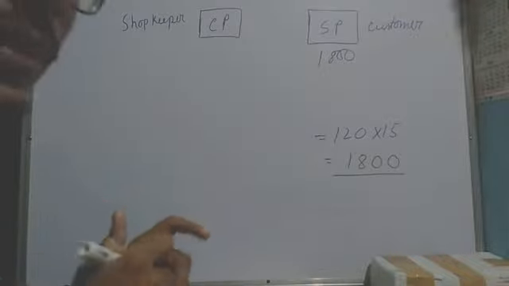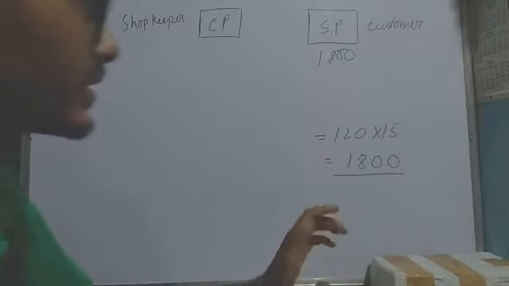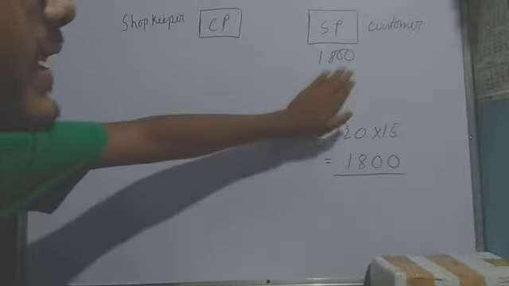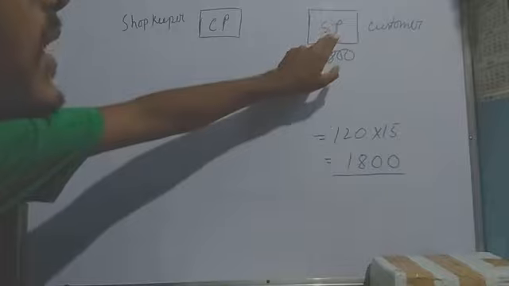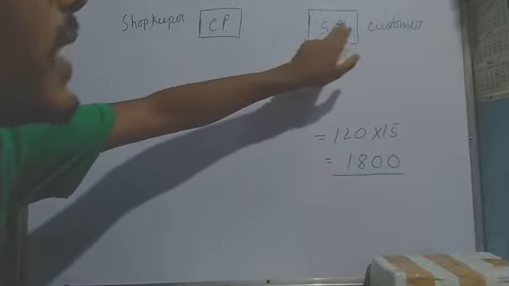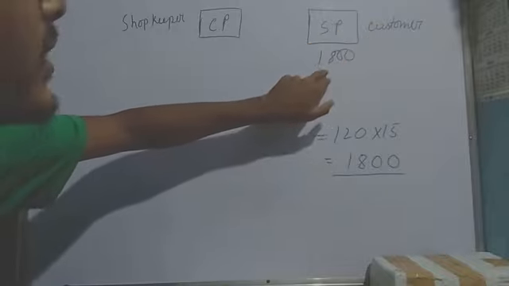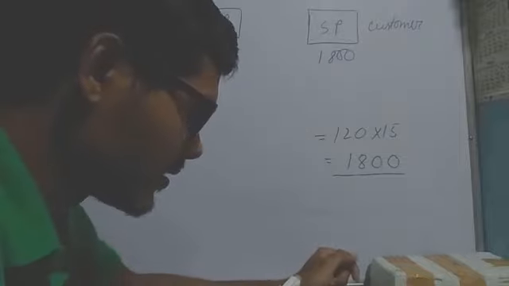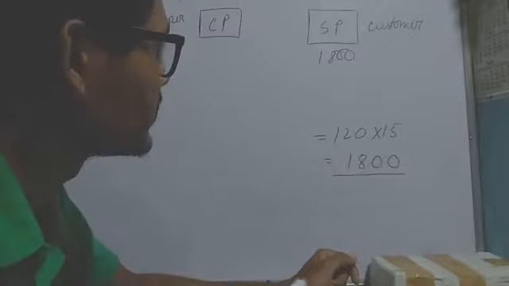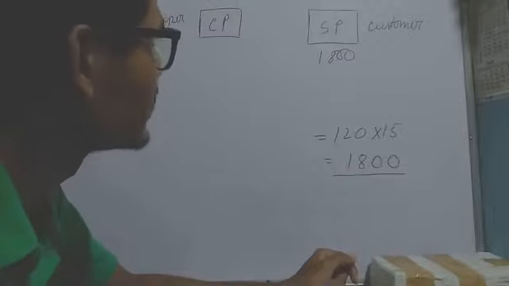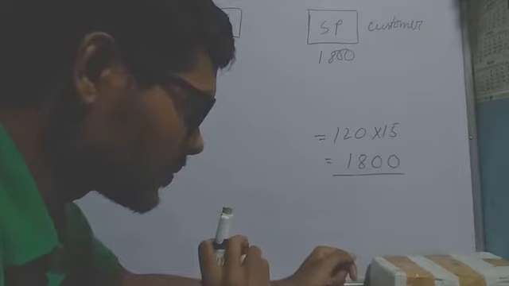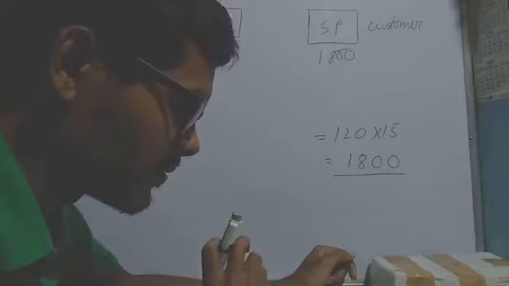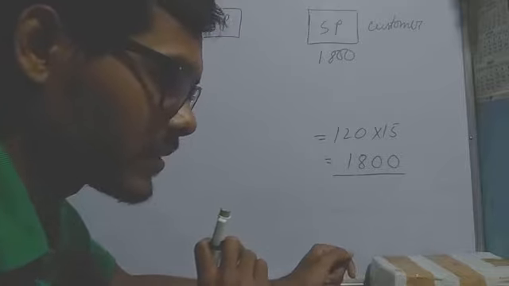Now I will explain what is happening in the question. Just now we have calculated selling price. Selling price is 1800. I have already explained that selling price means the price at which the customer will buy the product. That means in 1800. At what price should the shopkeeper mark an article costing him 1500 to gain 20% after allowing a 10% discount?